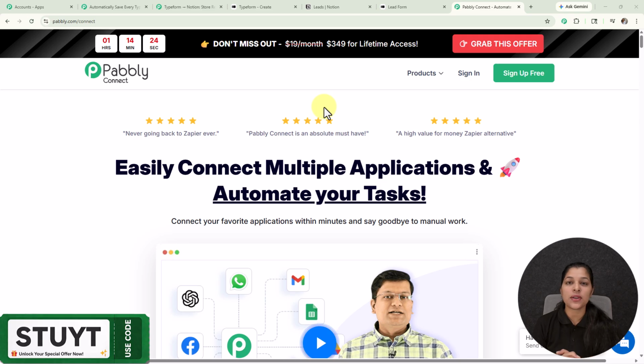Pabbly Connect is an all-in-one automation tool that integrates many applications and automates your business. So now let me show you how you can integrate Typeform and Notion. For that, I have created this automation using Pabbly Connect. But let me first show you how it is going to work in real time, and afterwards we will proceed